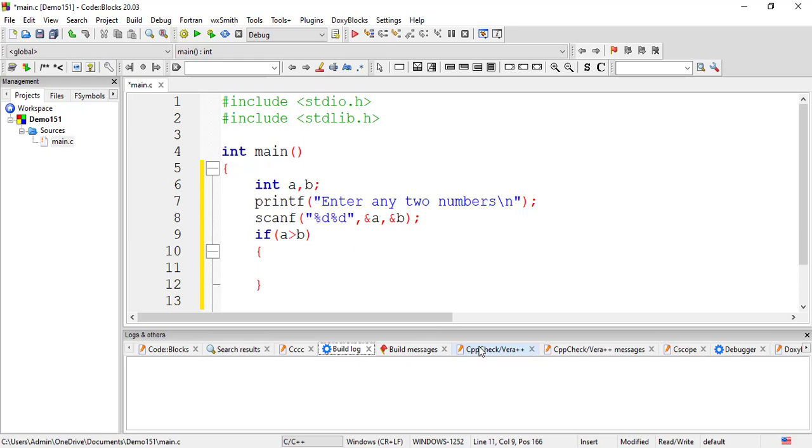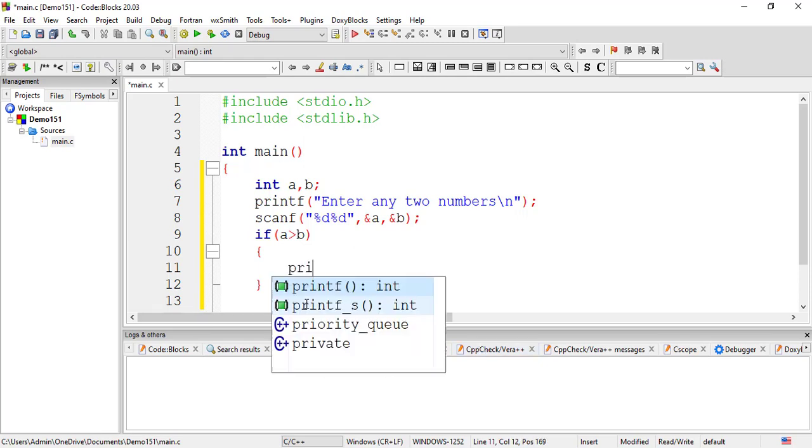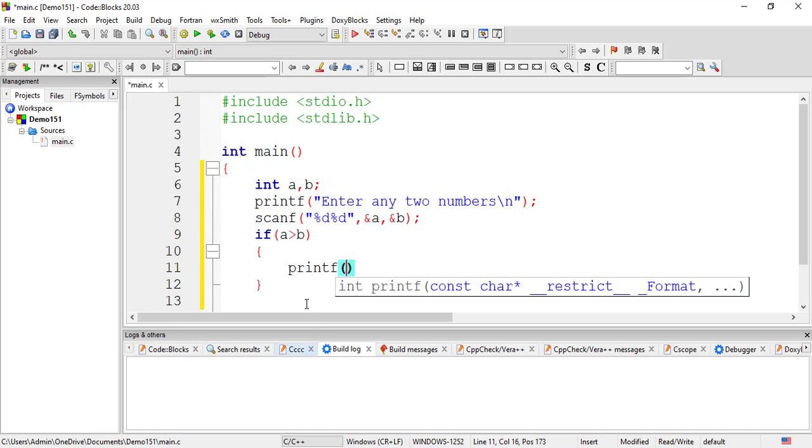So inside the if block I will write printf, %d is the largest number, and that largest number is inside a.